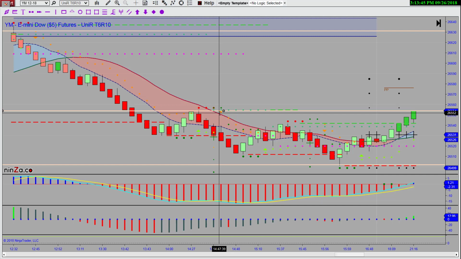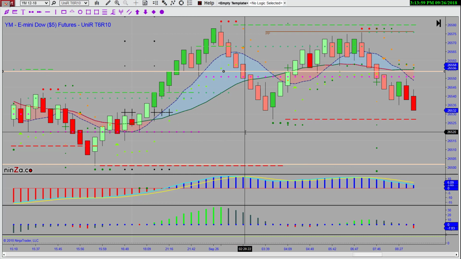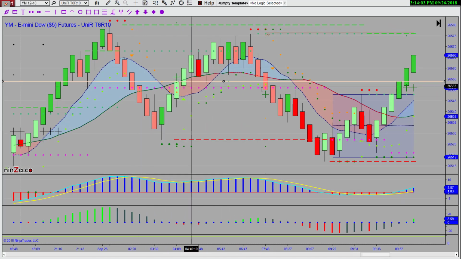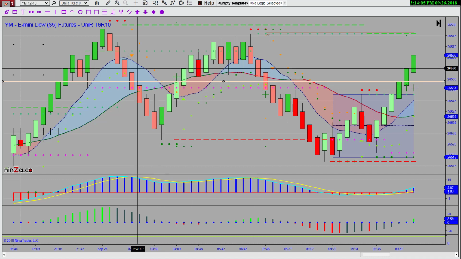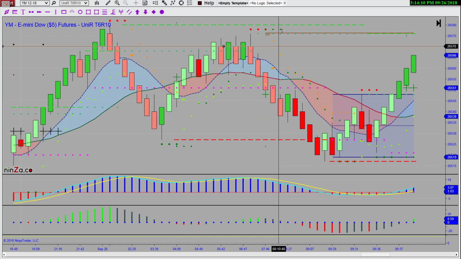No. I try, Alan, to leave the swing levels where they are, and then if it comes up here when I go to the left or the right and it comes back through there, I go, well, is this valid anymore since I've been through it 2 or 3 times? The answer is no. So what I'll do is I'll probably grab it and then just move it up to there.